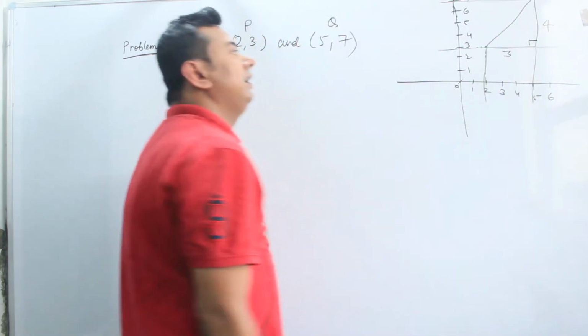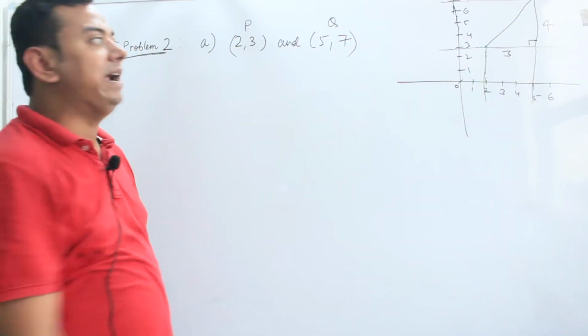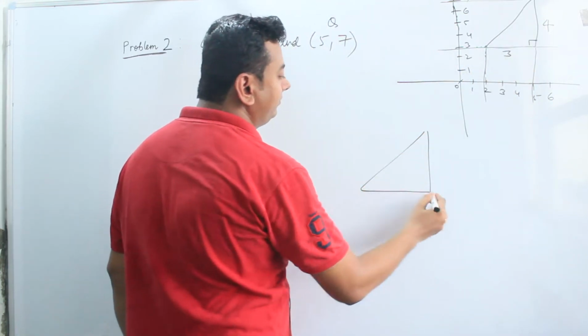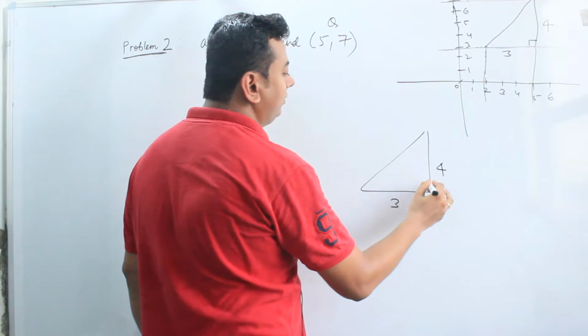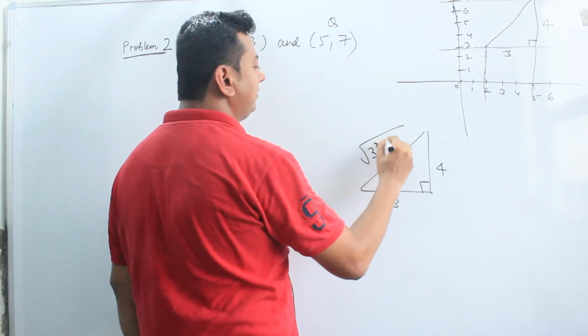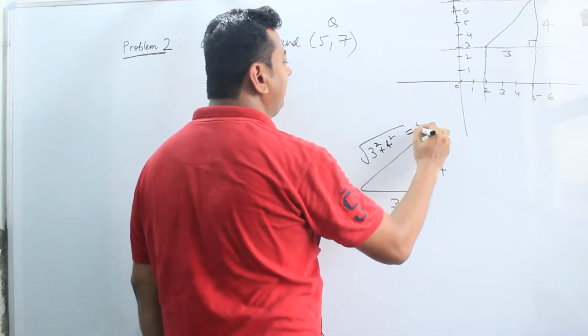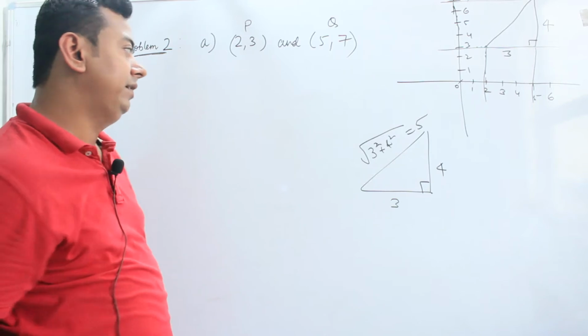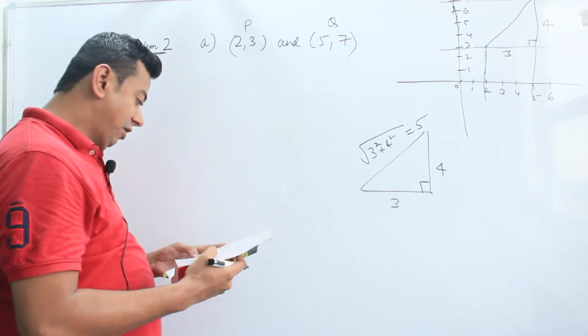And this is a right angle triangle. So in the right angle triangle, if we apply the Pythagoras theorem, this is 3, this is 4, this will be the square root of 3 square plus 4 square, which is nothing but the square root of 5 square, which is 5. Second problem,